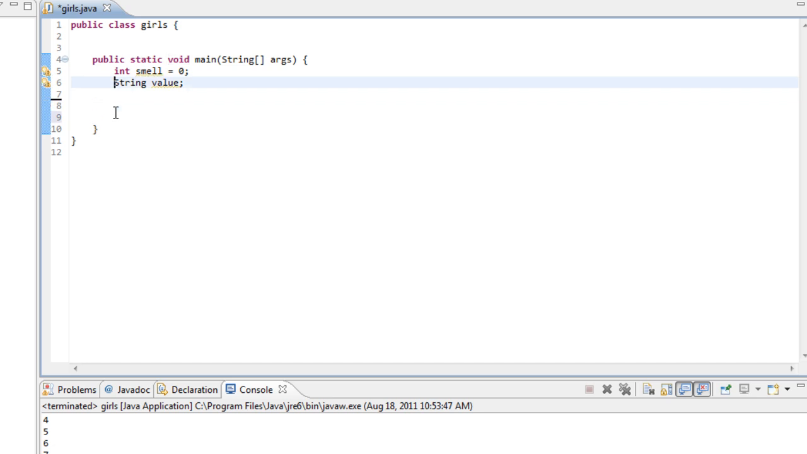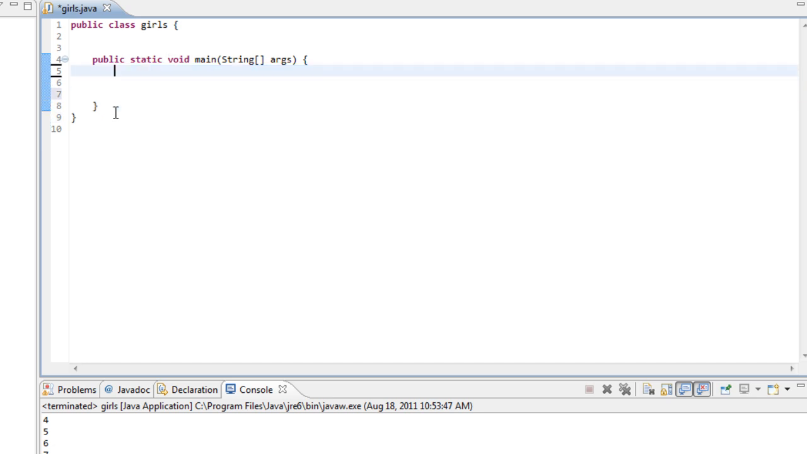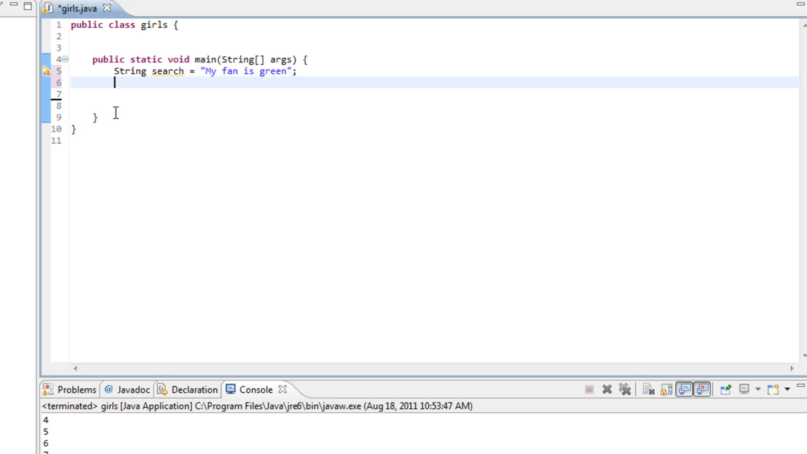And let's go ahead and delete these. And we're going to create us a small little program. Let's see. Let's create a string. Search equals "my fan is green." And I'm going to walk you through this. Just follow me right now. String green equals "green"